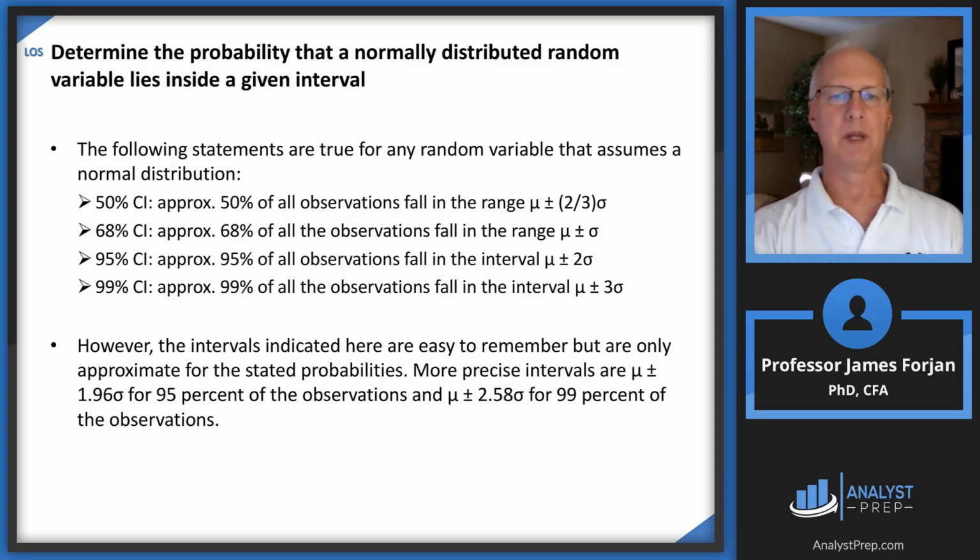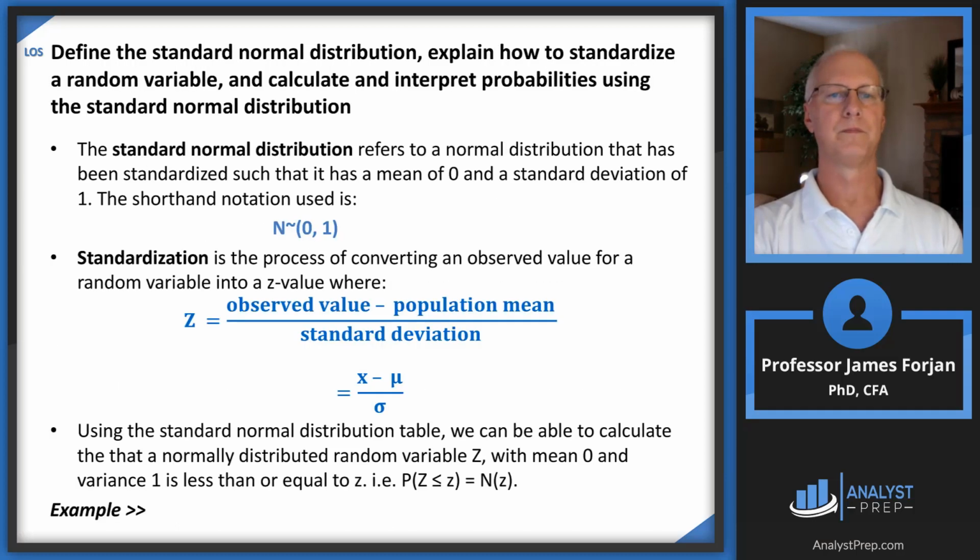Yeah, here's some applications of what I've been saying. So 68% of all observations fall within 1 standard deviation. 50% fall within 2/3 of a standard deviation. That's not too commonly used in the world of finance. We usually go out to 2, and that's why we come up with this 95% confidence interval. Now, normal random variables, they can take on almost any value. So what we like to do in statistics is to standardize them. So a standard normal distribution refers to a normal distribution that has a mean of 0 and a standard deviation